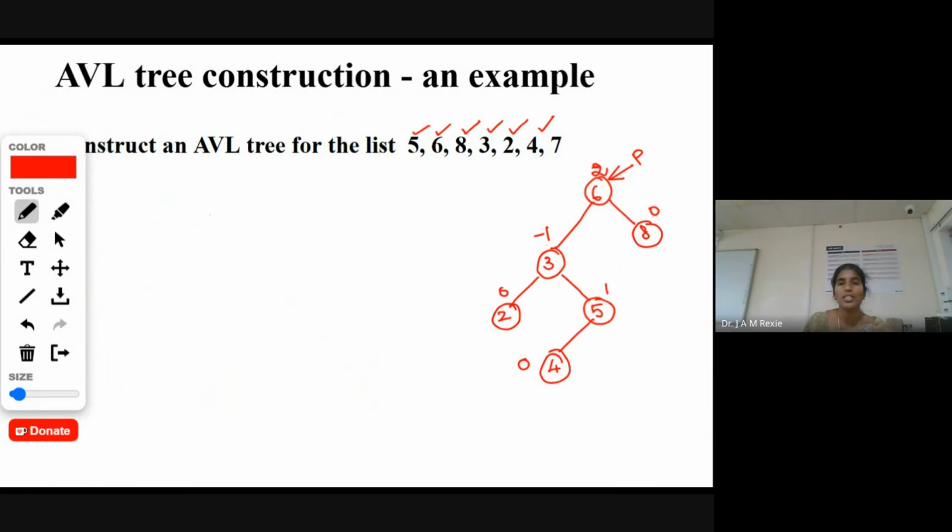Now with respect to the pivot node where the insertion is done, this is the insertion we made. It is done at the left side, right side, okay, left to right. Then we have to go for 2 rotations. If I'm taking this as R, this is C, and this is G, if you remember the general format of the double rotation,